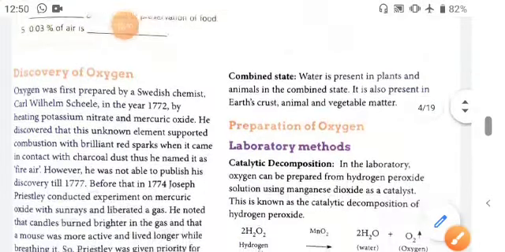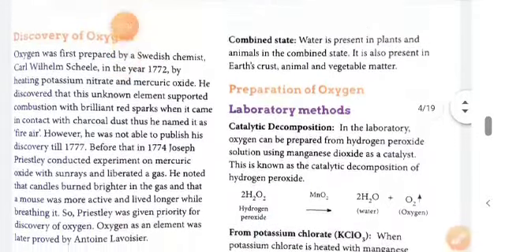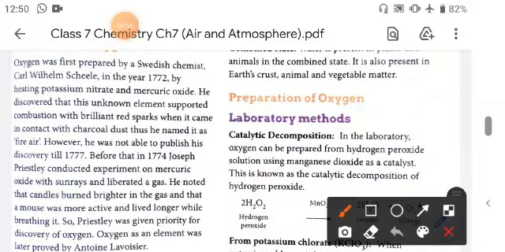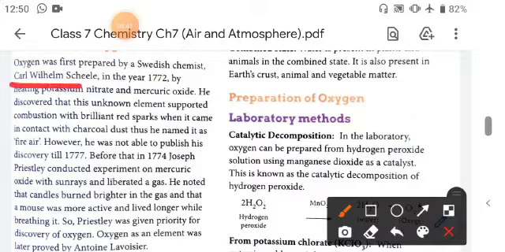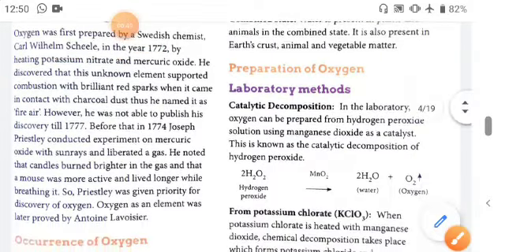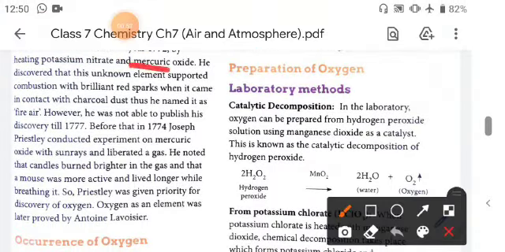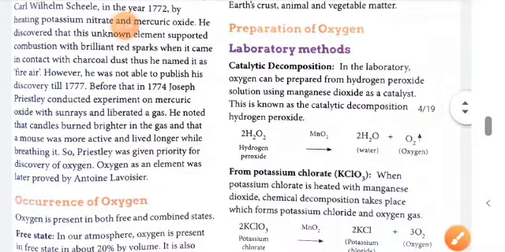Here is the discovery of oxygen. It was first prepared by a Swedish chemist, and the name of that chemist is Carl Wilhelm Scheele. In 1772, by heating potassium nitrate and mercuric oxide, he formed oxygen. But he was not able to publish his discovery till 1777, and before that, in 1774, Sir Joseph Priestley